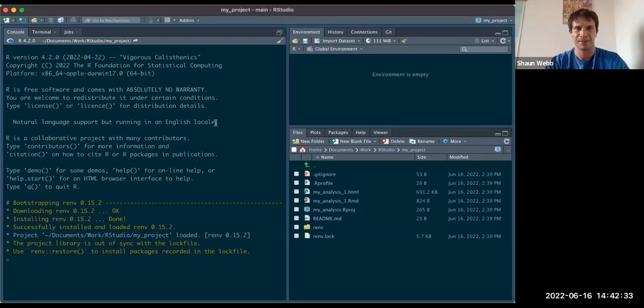Okay, that's fine. So yeah, RStudio has completed opening my new project here. We can see we're now in my project, whereas previously we were in my analysis. We can see that renv was recognized, downloaded the correct version, and started to install renv. Now, what we'll see, the message here says we need to run renv restore to actually install the packages in the lock file. So if I do that,